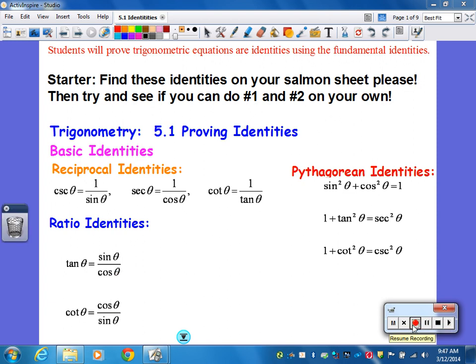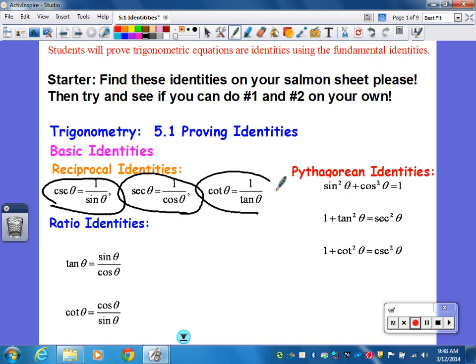All right, section 5.1. We're going to be proving identities, so prove it. We want to find some identities on your salmon sheet of paper. Your cosecant theta is equal to 1 over sine theta. We'll be using secant theta over cosine, cotangent over tangent, or cotangent is equal to 1 over tangent theta. We're going to be using all of the reciprocal identities and then also the ratio identities